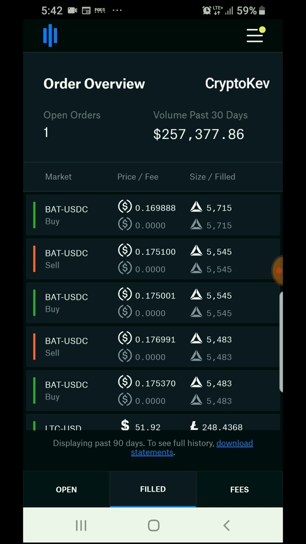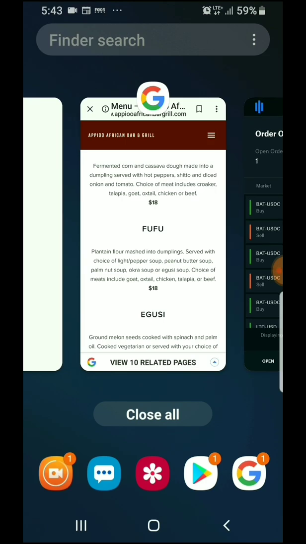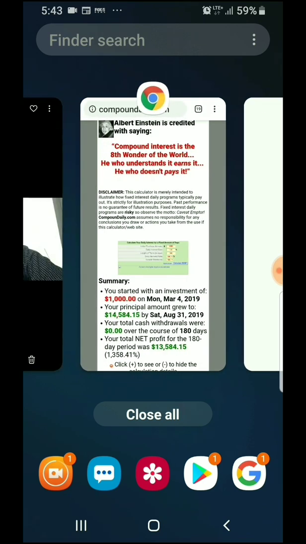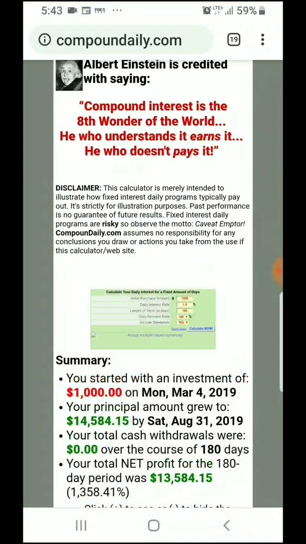So before I do that, let me go over to, not CoinMarketCap, but Compound Daily, which is one of the websites that I use. It's basically a compounding calculator that you can use online. It's free. I'll put a link to it below the video. It's just a free tool that you can use when you want to see what happens with your money when you compound it. Okay, so let me go to Compound Daily, and here's Compound Daily. There's a spelling of it, compounddaily.com, and there's only one D in it when you're looking for it.